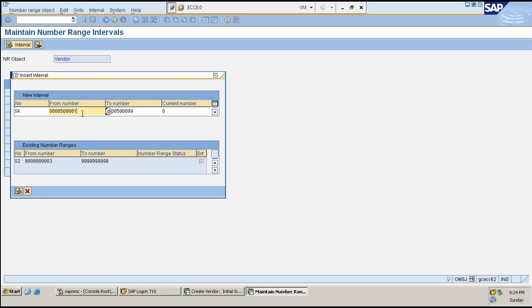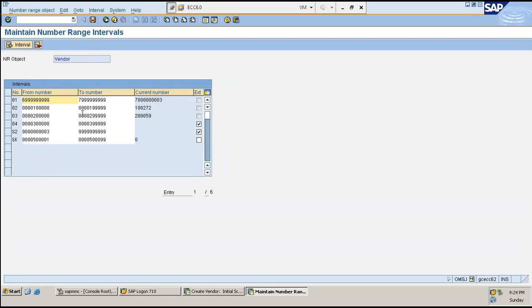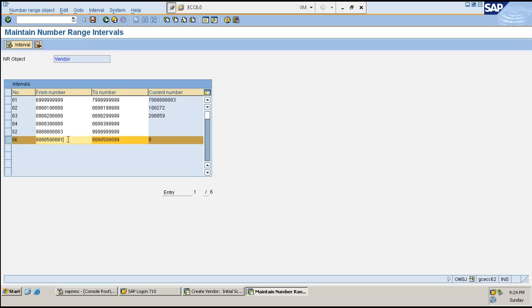It's not allowing me. Why? Just because I was supposed to click on enter. My number range interval is 5 lakh 1, and it's going to end at 5 lakh 99, and the name of the number range is SK.